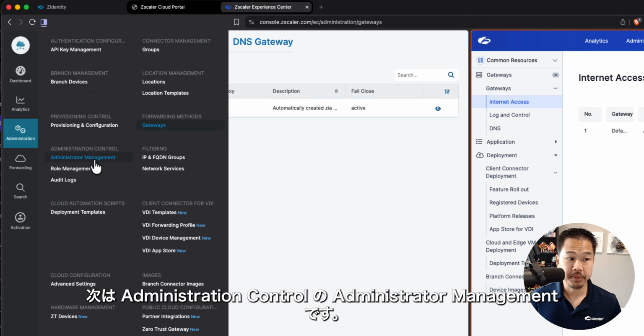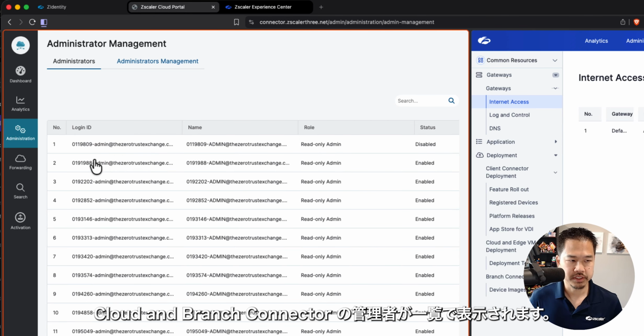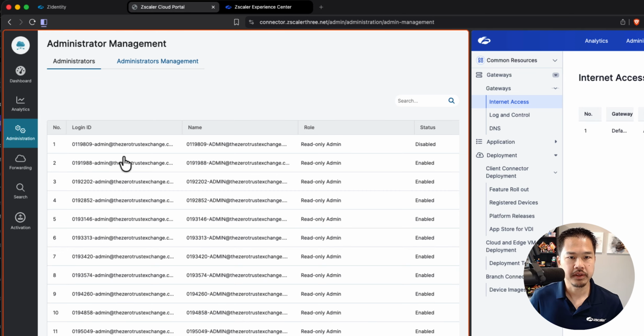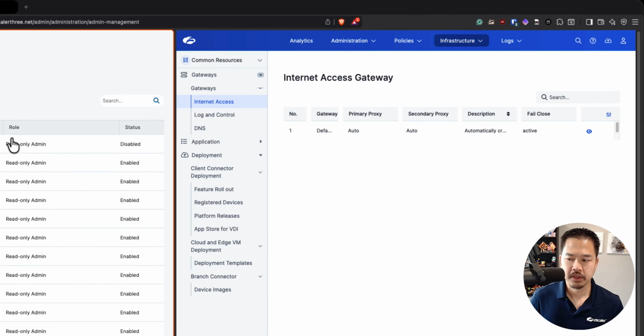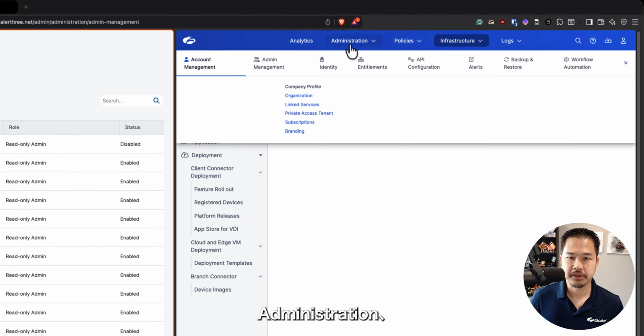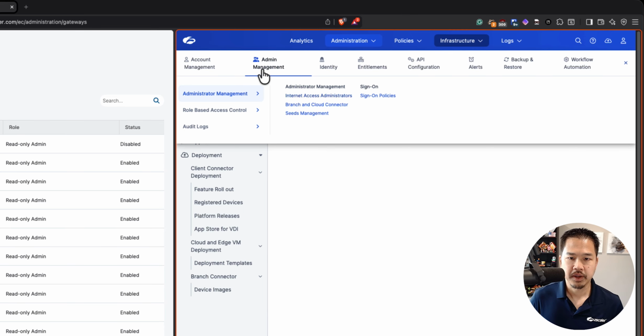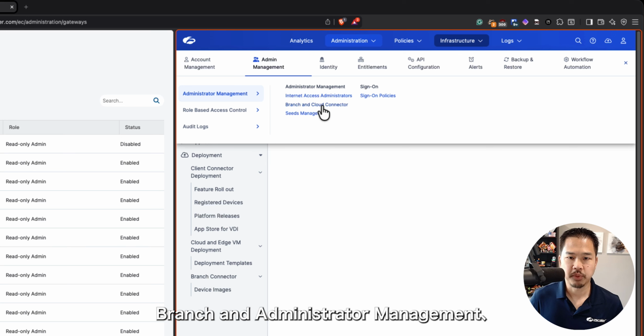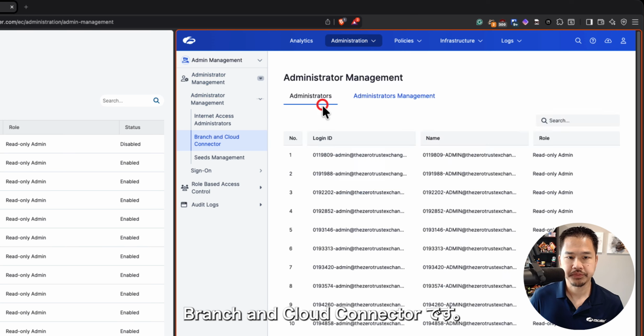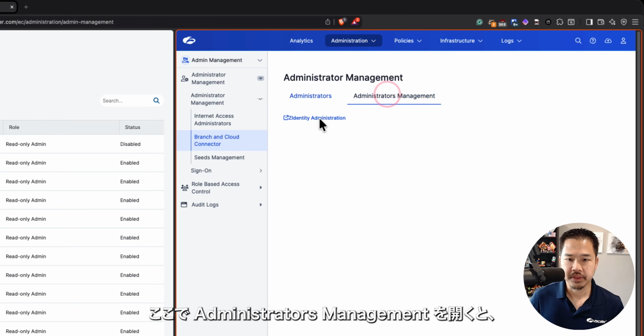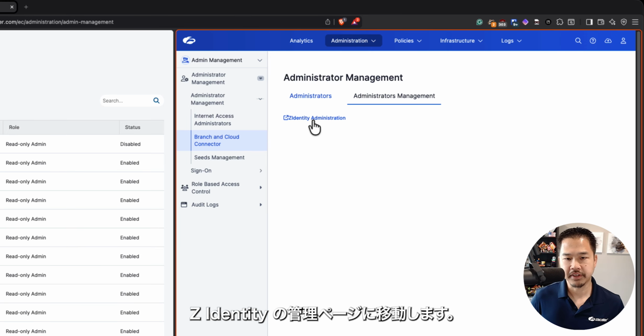The next piece is Administrator Management for administration control. You can see all of the administrators listed here for Cloud and Branch Connector. Within Experience Center, you'll find this under Administration, Admin Management, Branch and Administrator Management, Branch and Cloud Connector, and you'll see the administrators here. If you go under Administrators Management here, this actually takes you to the Z Identity Administration